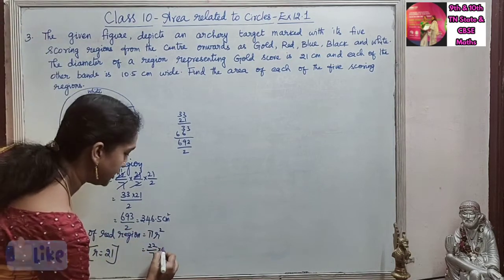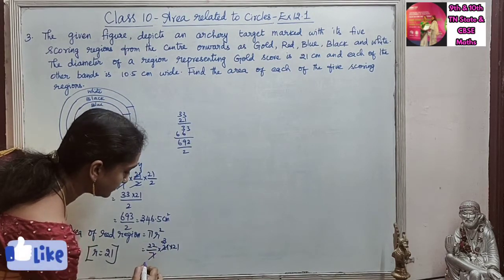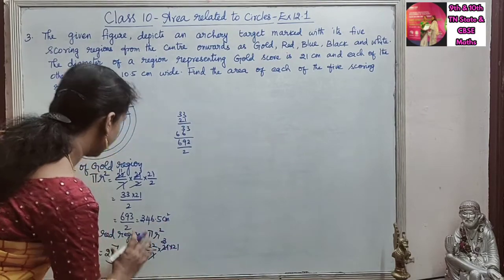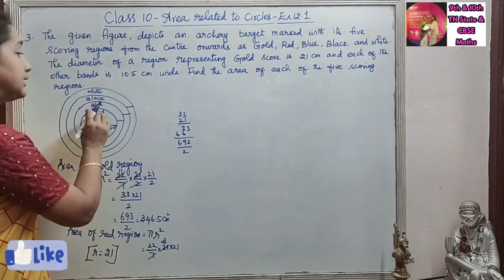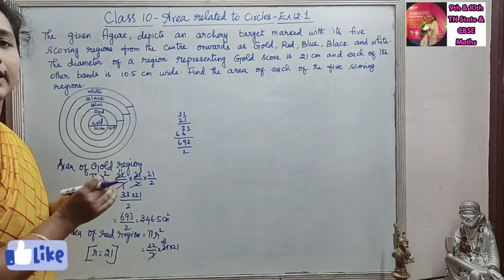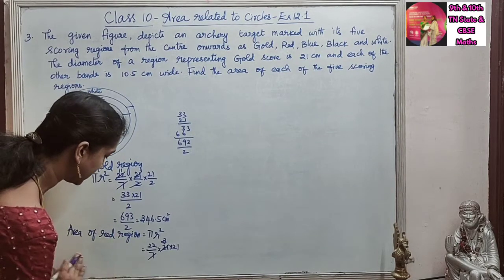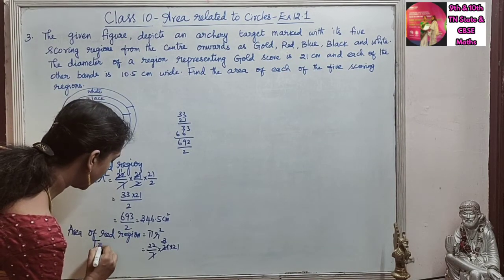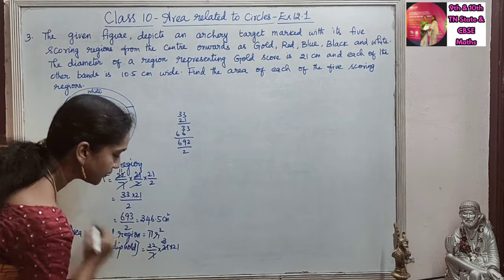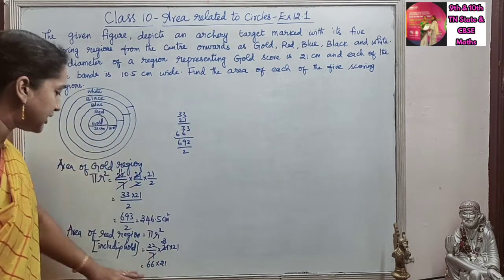Okay. So into 21 into 21. So how to write this is pi r squared. First we will find the whole region. Red plus gold we will find. Then we will take the gold. We will get only the area of the red part. Okay. So how to write it is, area of red region including, this is including gold. So this one will be 66 into 21. So we will keep this as it is.